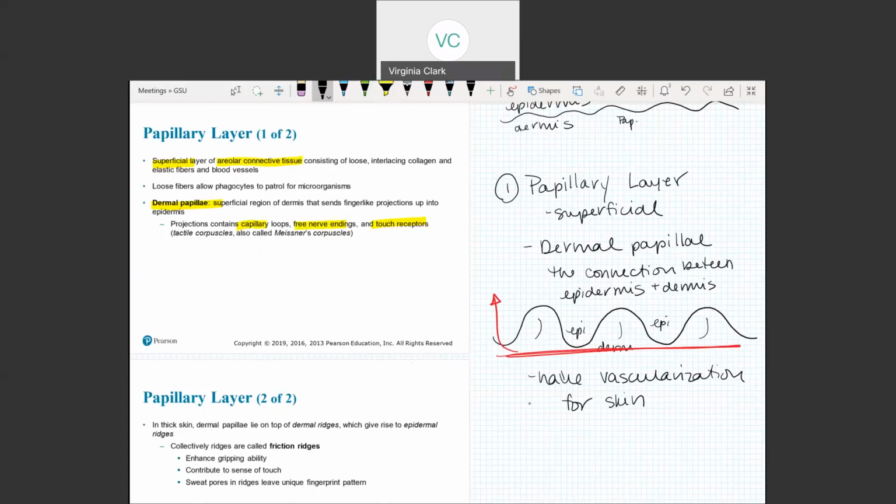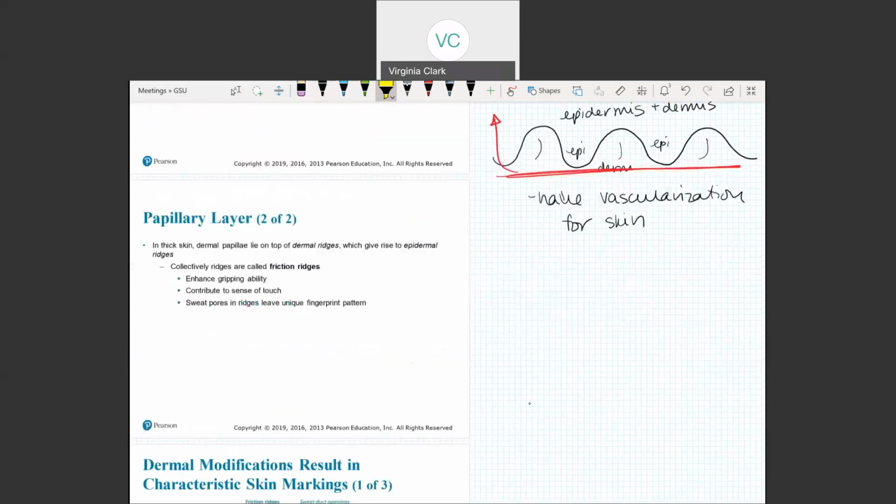What's also happening with these dermal papillae is that in thick skin, these will actually fall on what are called dermal ridges. If this is my dermal ridge, so this is going to be my dermis and my epidermis, if you follow this pattern and you've got a wave at the bottom of the ocean, it will create a wave at the top. And this will be your epidermal